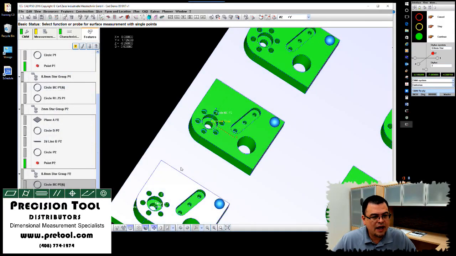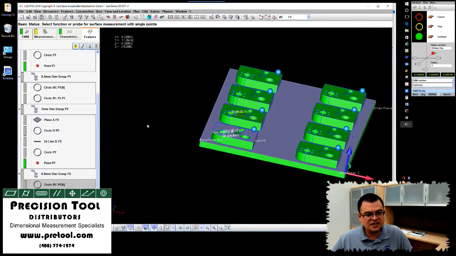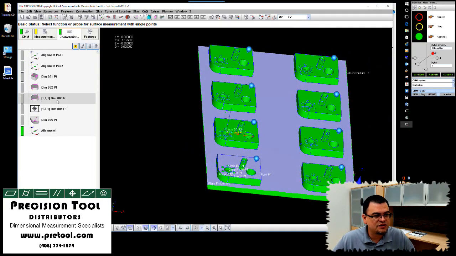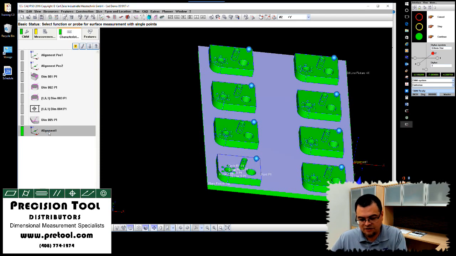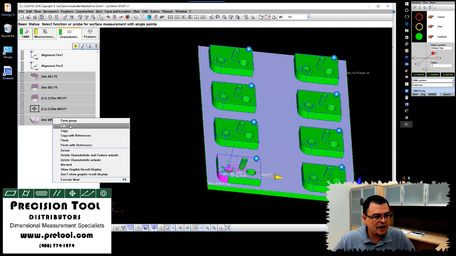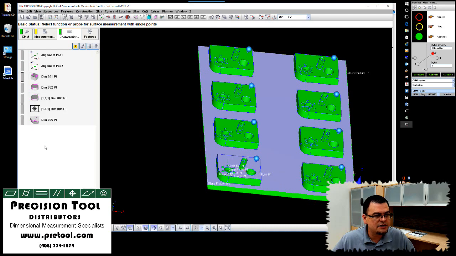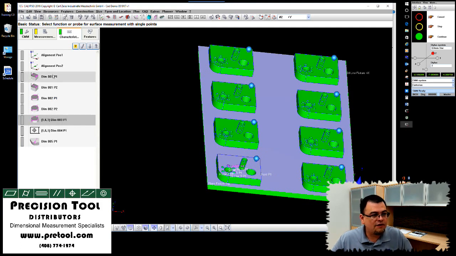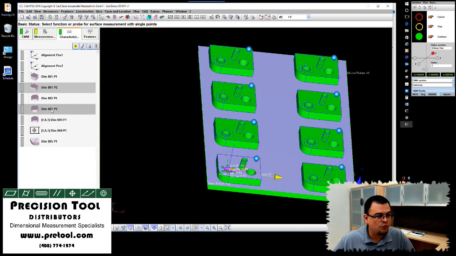OK and OK. So I can, of course, continue to repeat this process and create all the characteristics and features I need. So now I can get rid of this temporary alignment. I'll take all of these. Again, I can just form a group or not. I can also just go copy, paste, or if I want to have them come out as individual parts, I will do it like that, and simply